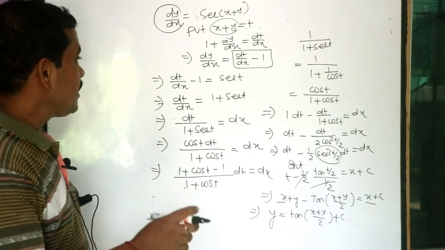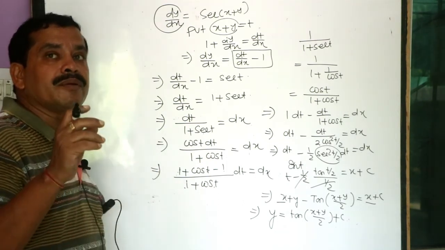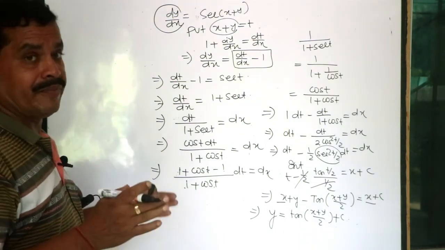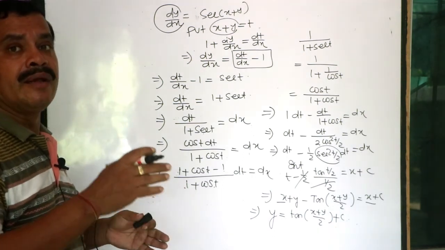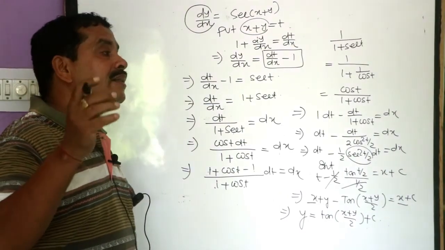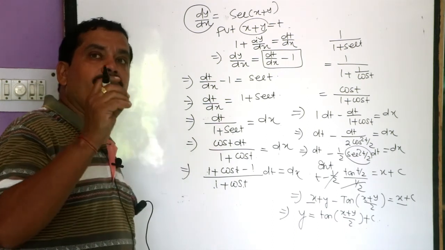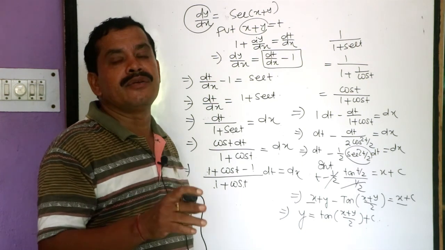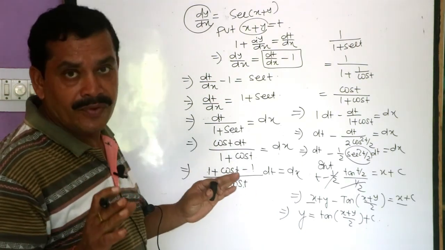That is the technique to solve a differential equation by using variable separable. This method is very easy. First you have to separate dx and dy, with functions of x on one side and functions of y on the other side, then integrate both sides. If the differential equation is of first order, you integrate once. If it is of second order, you integrate twice. That's enough. Thank you all.